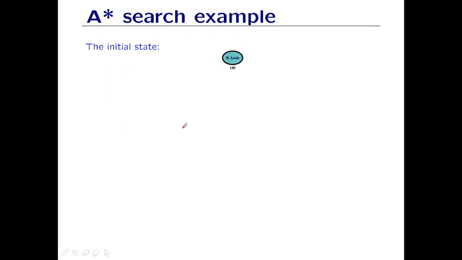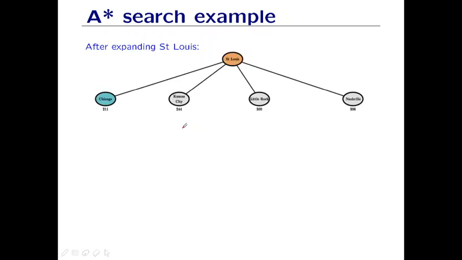So your initial state is St. Louis, and again you have to reach Sault Ste. Marie, as you've seen before. I will expand St. Louis, and I'm going to see the 4 different locations: Chicago, Kansas City, Little Rock, and Nashville. First, I'm going to select the heuristic. I'm going to check the heuristic values. The first is 211, 244, 300, and 306.